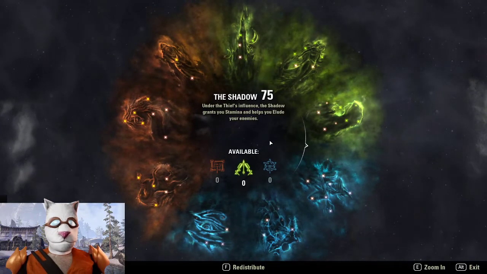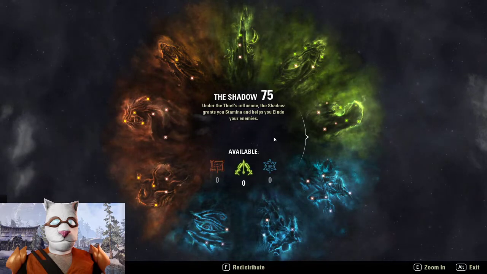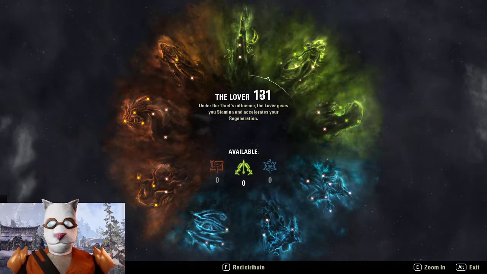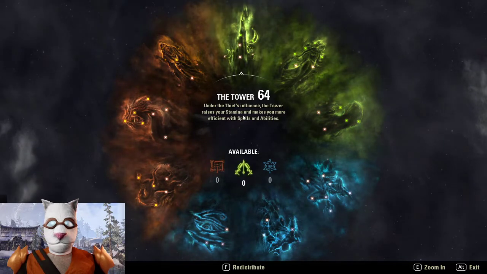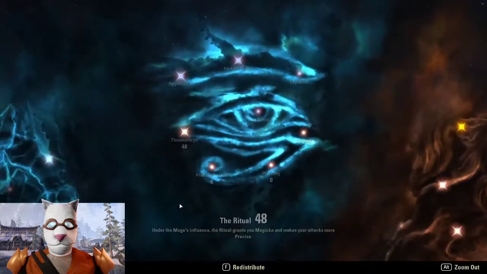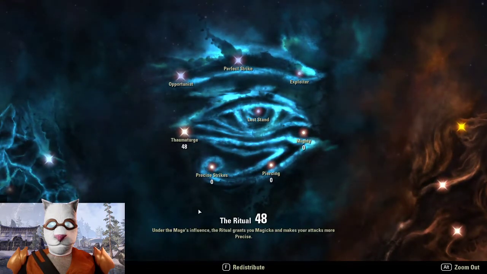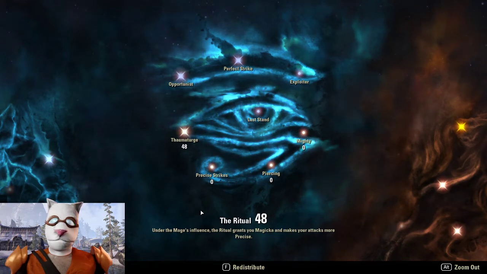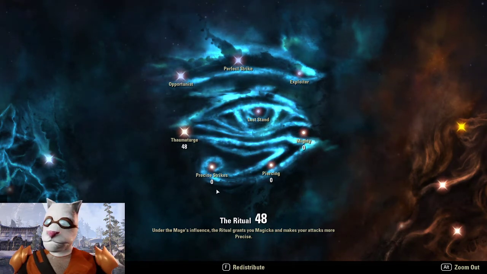CP points. 810 is the maximum CP that you can have for putting in all of your points. These things can change. I can show you what I'm using on here. You can tweak it to however you like. But what I'm using in there, starting in the Magicka side of stuff, in Ritual, I've got 48 into Thaumaturge,